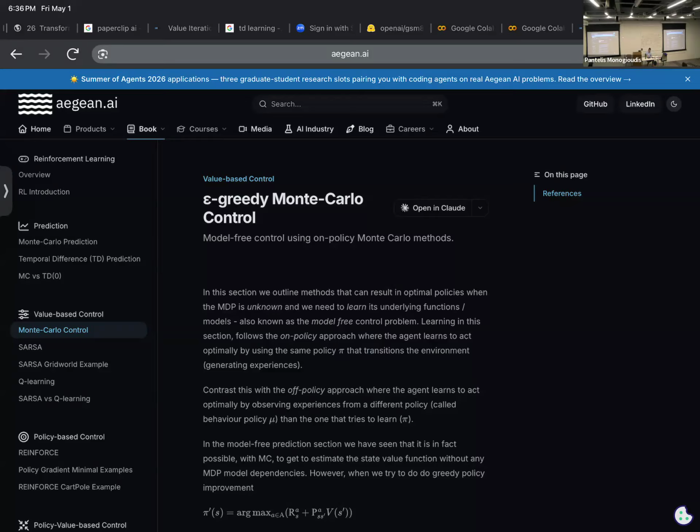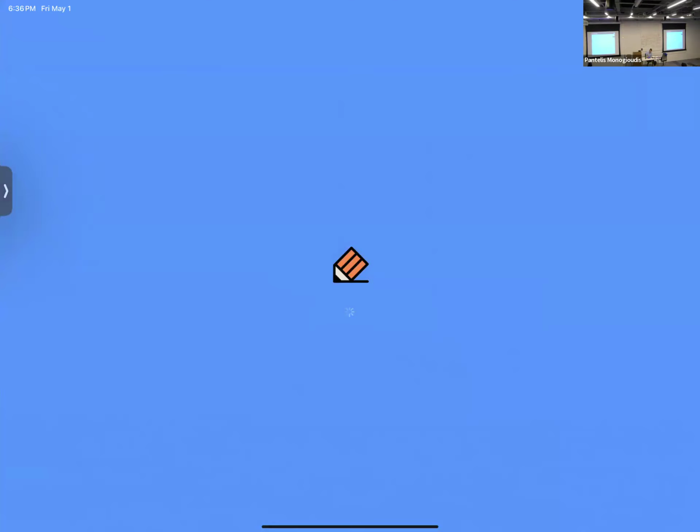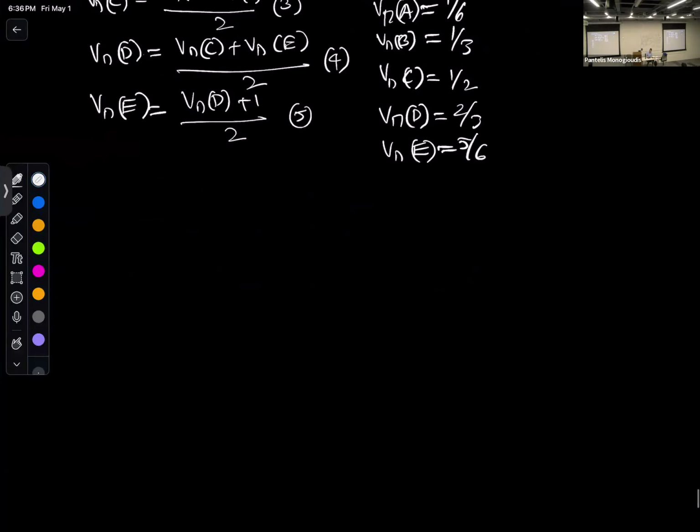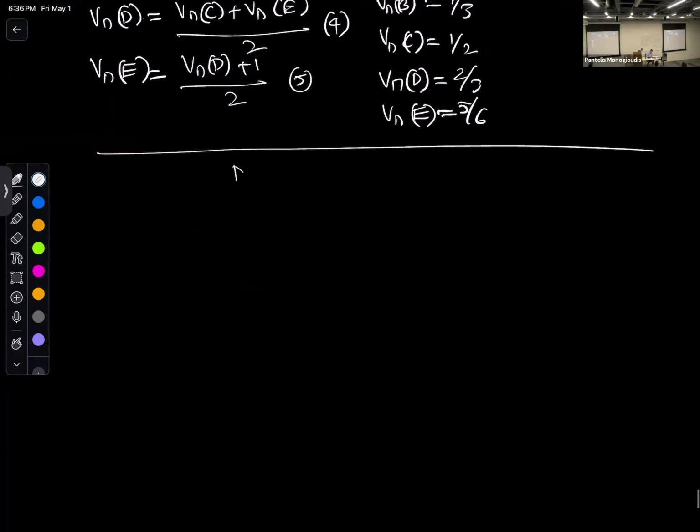So I'm going to cover the so-called model-free control range of algorithms. I want to describe what is called the generalized